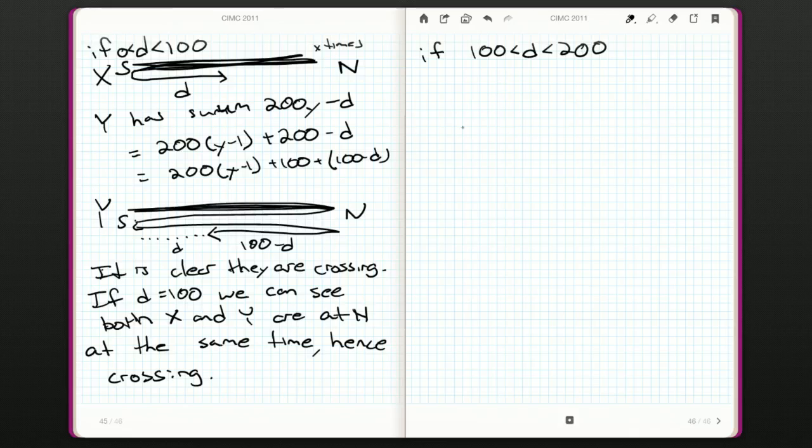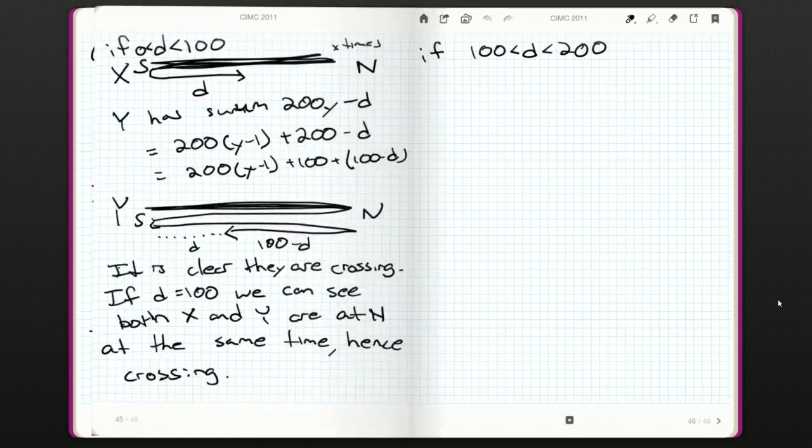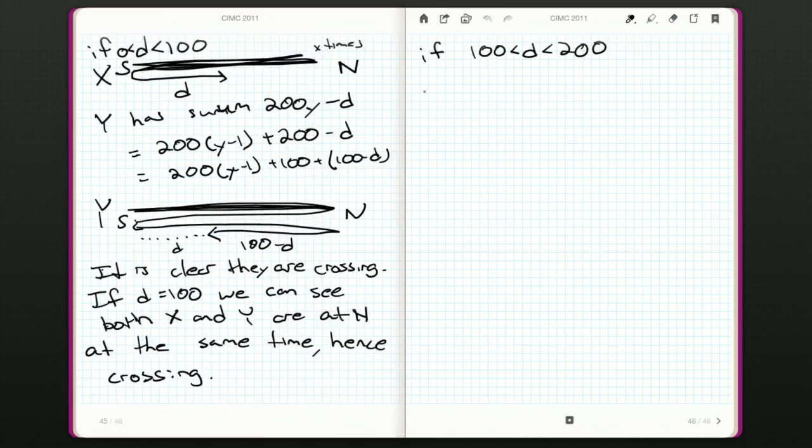I think I said less than or equal to 200, but that should probably be a less than sign. d being equal to 200 is the same as being equal to 0. So x will have swum back and forth and back and forth and back and forth. And then he will have gone